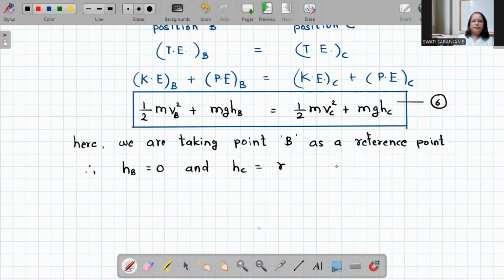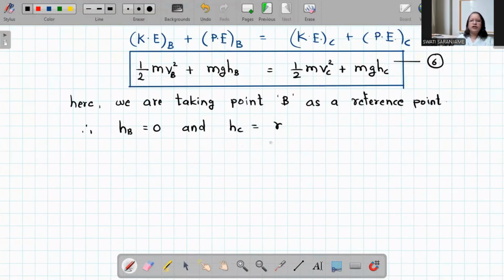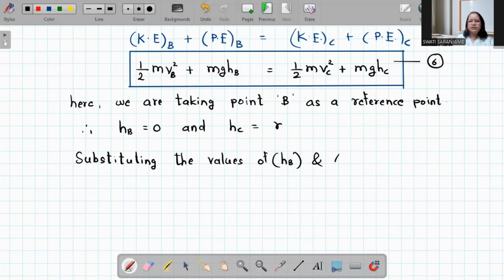So, substituting the values of HB and HC in equation 6, we get